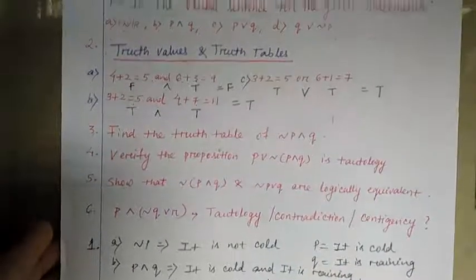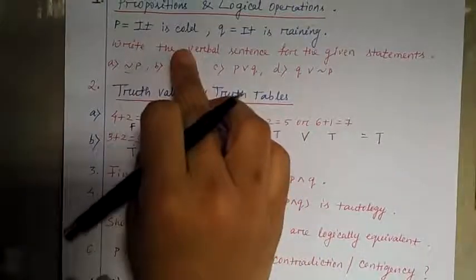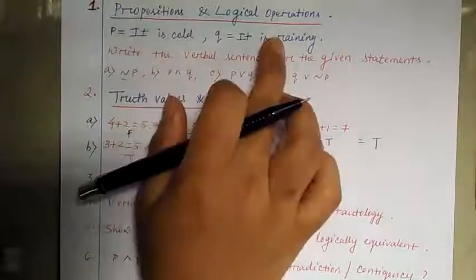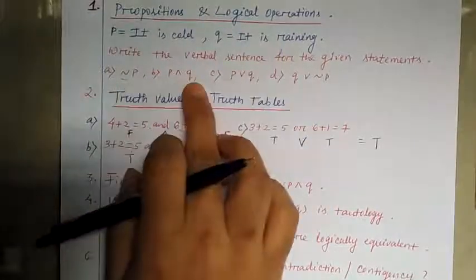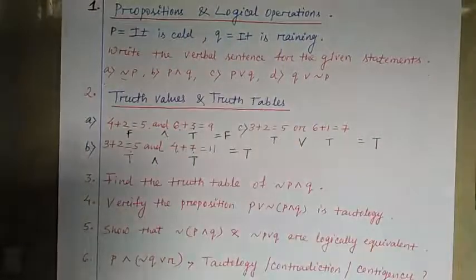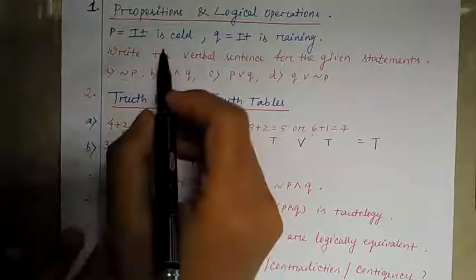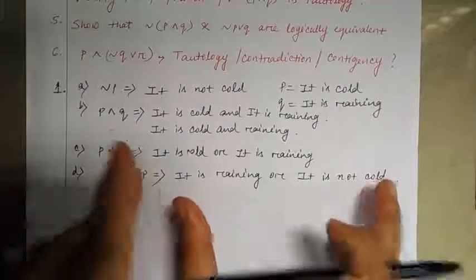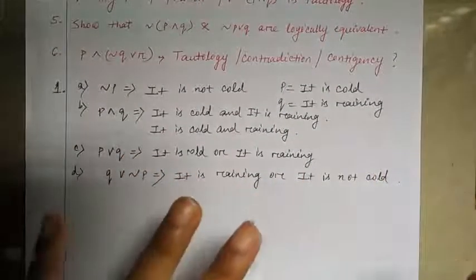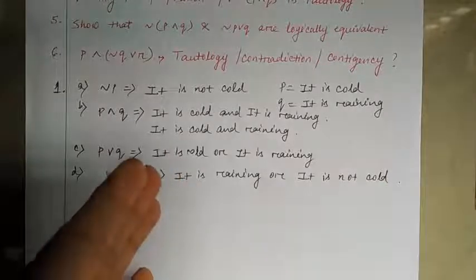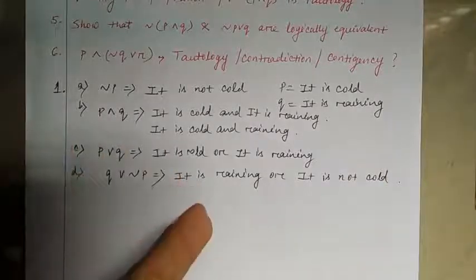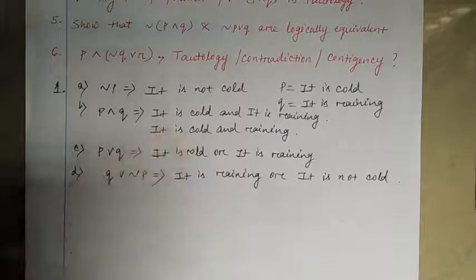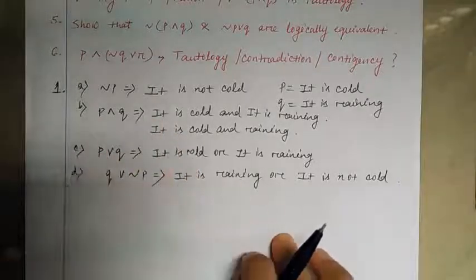In some cases, like what you saw in the first one, they have given two sentences and using the symbolic statements you have to write the verbal sentence, or you have to make it into a verbal sentence. But in some cases you will be getting this kind of statement already, like Ram is going to school and he is eating. So that statement will be given as two different statements, that P is Ram is going to school and Q is he is eating.